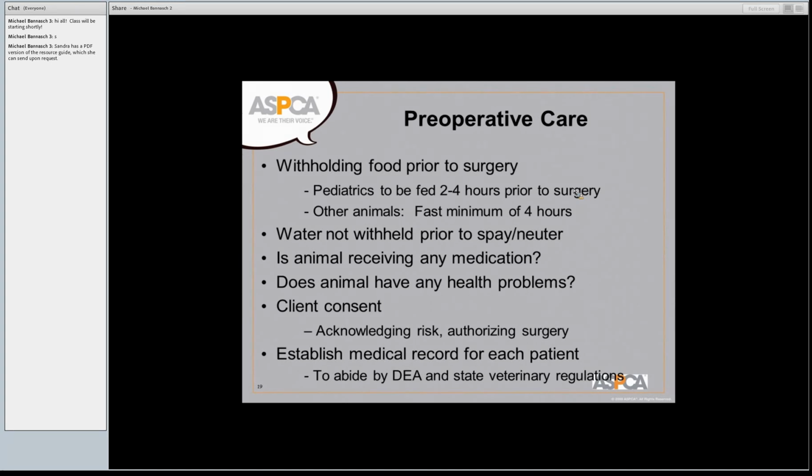We don't recommend withholding water. We want patients to be well hydrated. And we want to know, is this patient receiving any medication? Do they have any health problems? And oftentimes we can build a consent form that asks those questions of the client. So that by the time they get to us and we're reviewing the consent form with the patient, we'll have answers to those questions. And I know in Wisconsin, we have a little bit of a tweak on that,